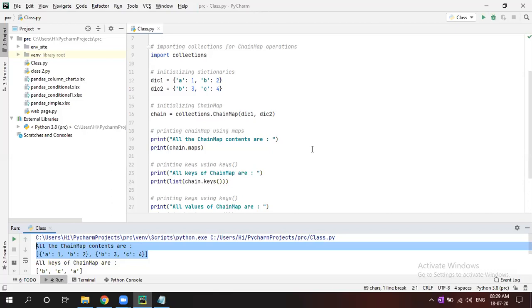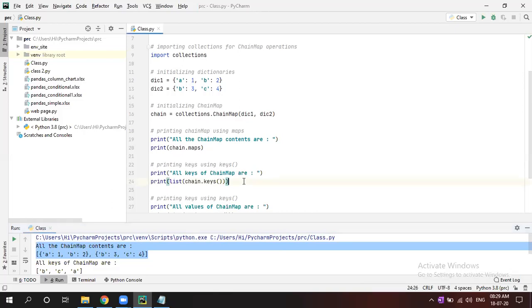Now let's say I want only keys. Keys means A, B, C, right? In a list it would come A, B, B, C, but in a chain map it won't give the duplicate one.